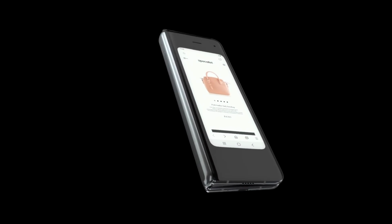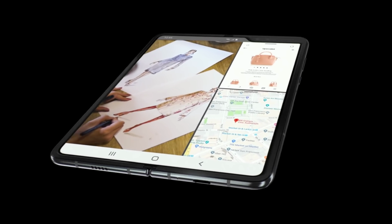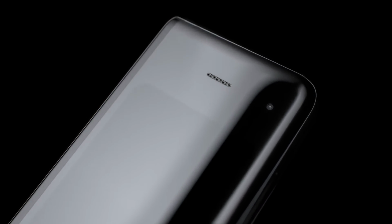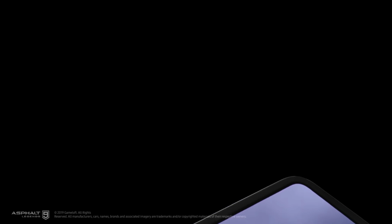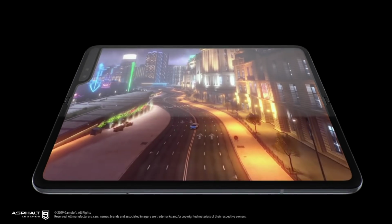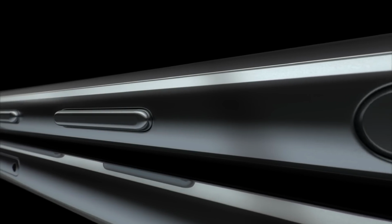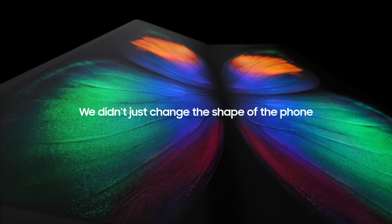Now, you heard correctly. There's another camera on the front of this phone, 2 on the inside when you open it up at the upper right corner there. So that's 6 in total. There again, you're seeing the selfie camera on the front, the 2 that are inside, and then the 3 that are on the back. This has all of the best internal guts that Samsung could possibly offer. In fact, they are the literal best of breed right now that can be offered in the flagship S10 Plus. So you're getting, of course, a Snapdragon 855 complemented by 12 gigs of RAM, 512 gigs of onboard storage, and